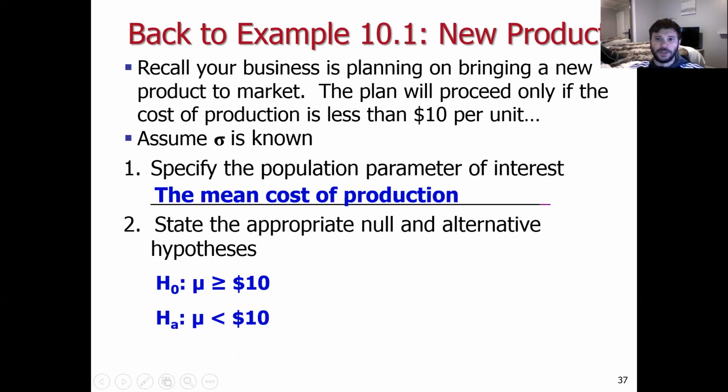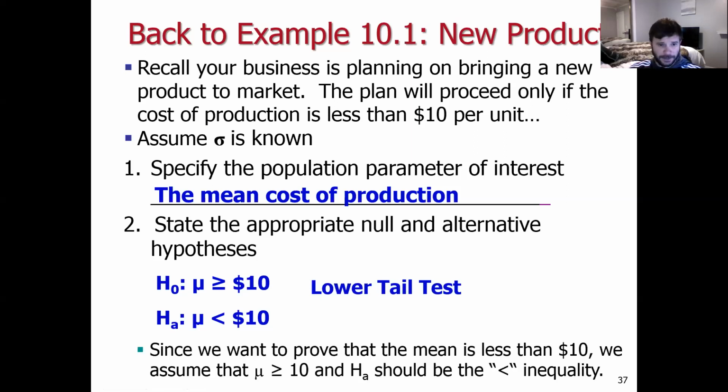So since we're looking for a very low sample mean, this is a lower tailed test that we're going to be conducting here because we want to prove that the mean is less than 10. Okay, so we're assuming the opposite of what we want to prove, and we're going to try again this idea of proof by contradiction. Okay, note the alternative hypothesis has that strict inequality,